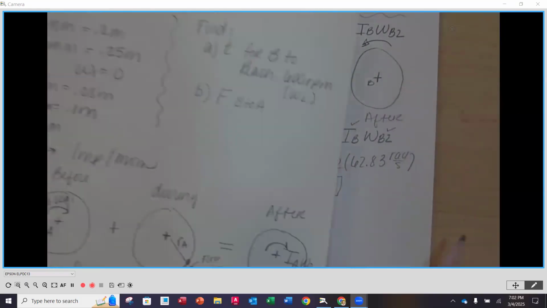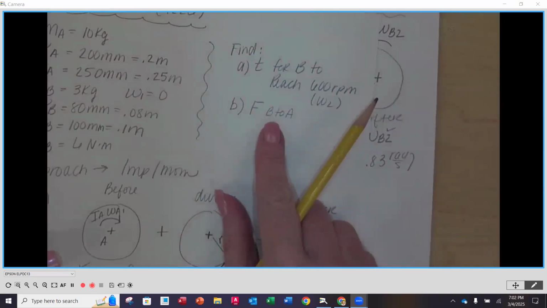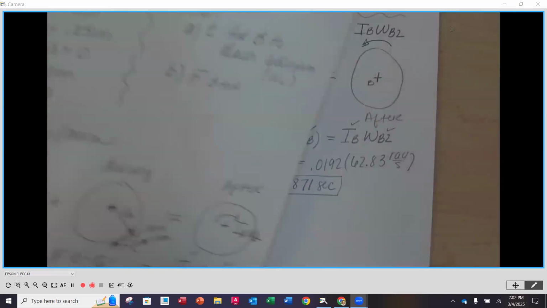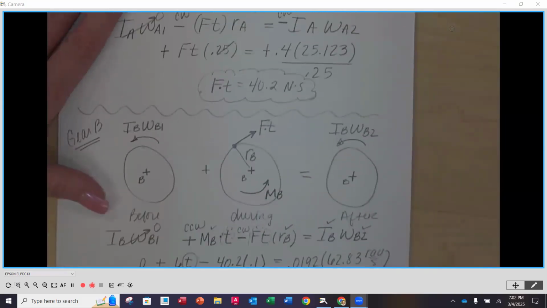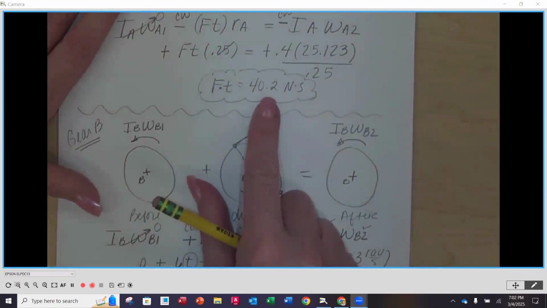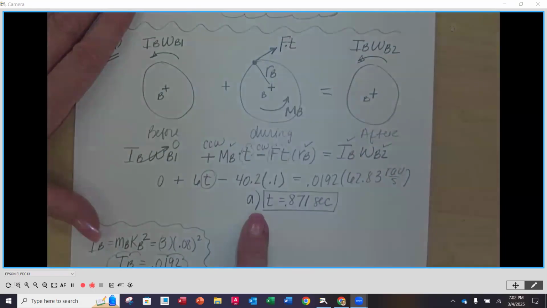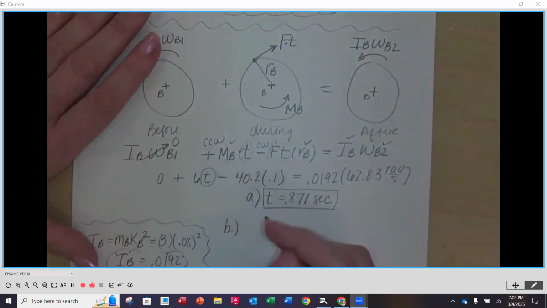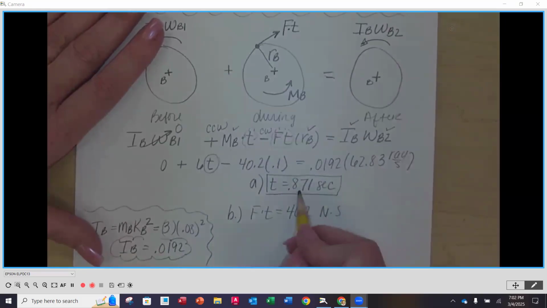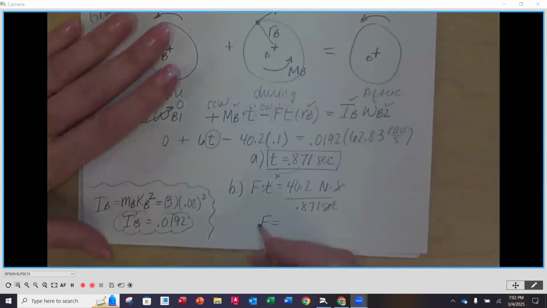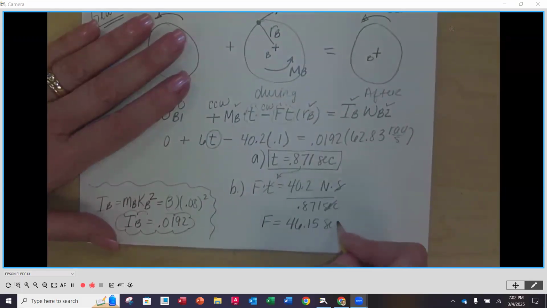Part B asks, what's the force that B exerts on A? We know that the force times the time is 40.2 newton seconds, and now we know the time. So we're simply going to use F times T equals 40.2 newton seconds and divide by 0.871 seconds. Seconds cancel out, and we're left with newtons. Our force is going to be 46.15 newtons,